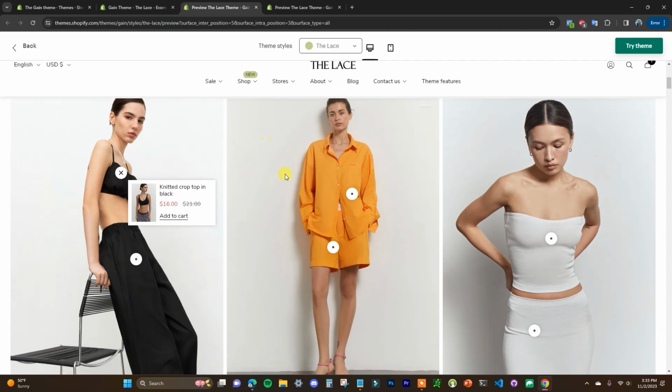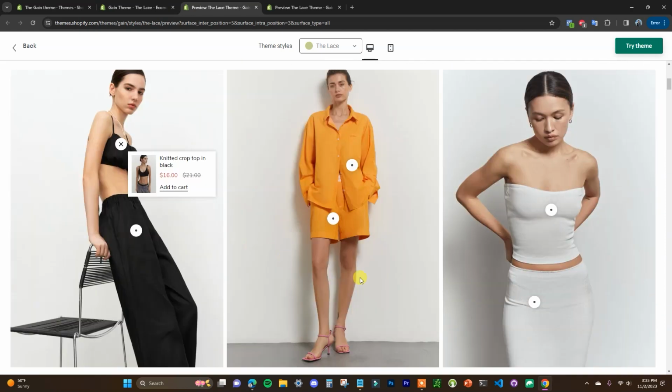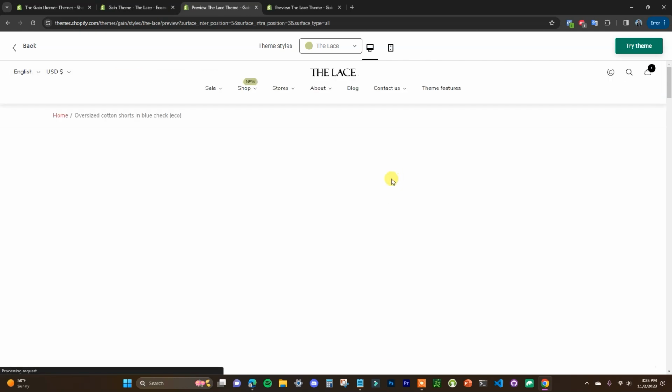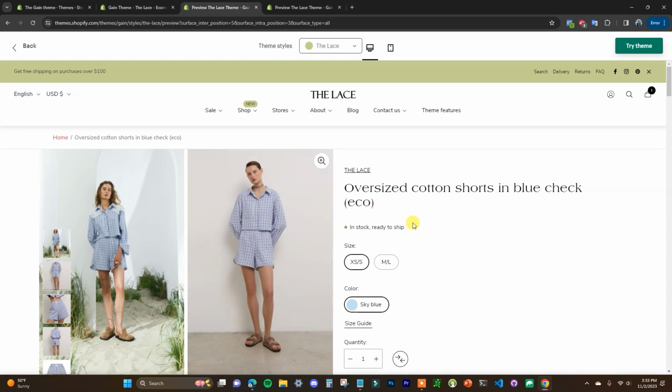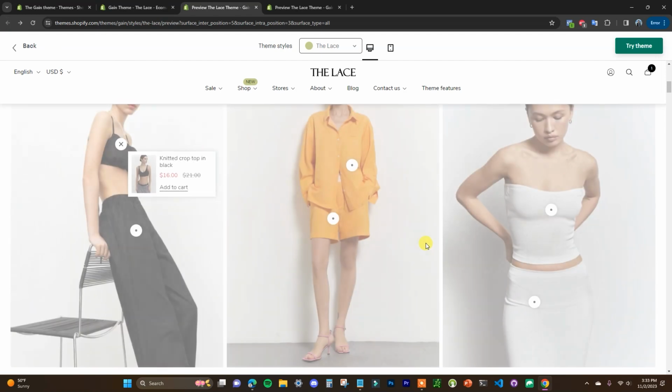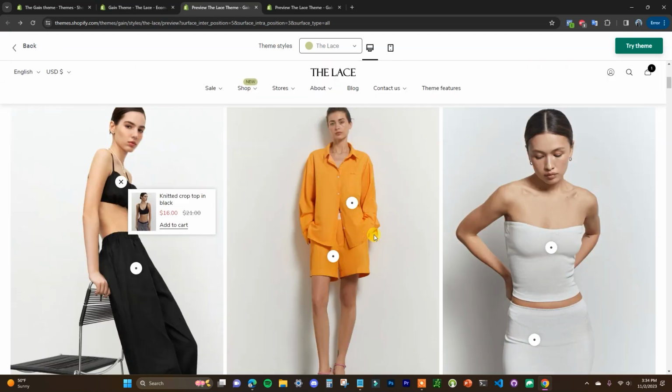Scrolling down, we have this trend product section. We can see that we have 3 different images right here. And if we were to actually click on these dots on the images, we can see that it's actually highlighting the different products here that are shown in the photos. So we can see that each one of these photos is actually showing 2 separate products. And if you would actually click on these and open this up, we can see that it's just going to take us over to the product page right here, which we'll be taking a look at a little bit later on. So this is pretty cool, especially if you have a lot of images that can showcase multiple